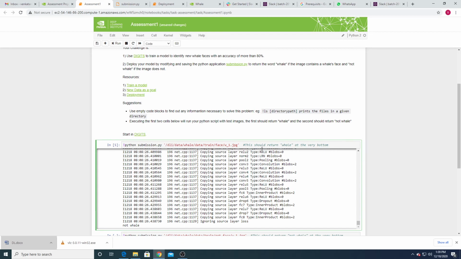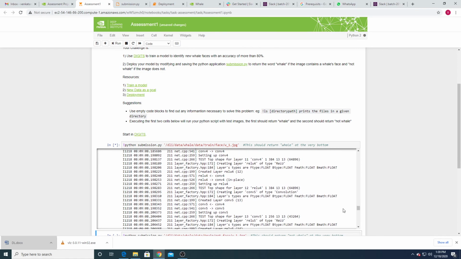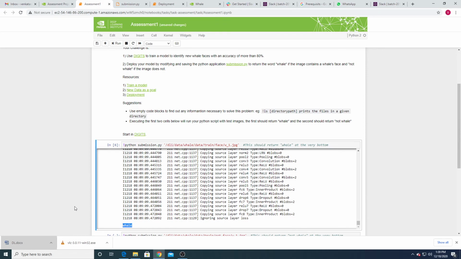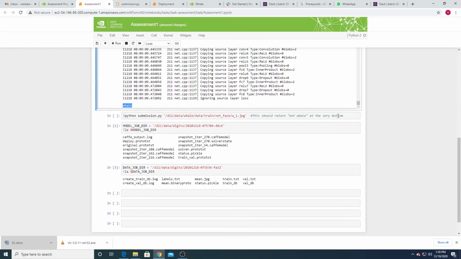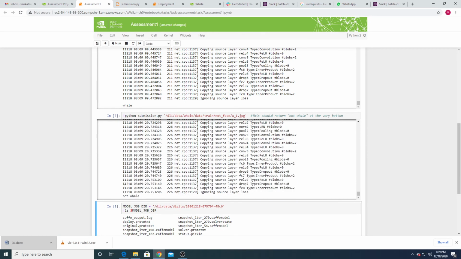Now we require this should be written whale, right? Yep, whale. It's fine. Now go to the second cell, execute it. We expect not whale. Not whale. Fine, perfect.